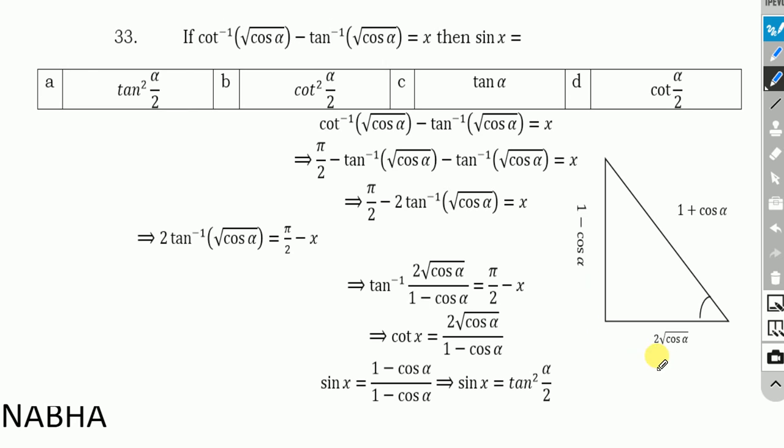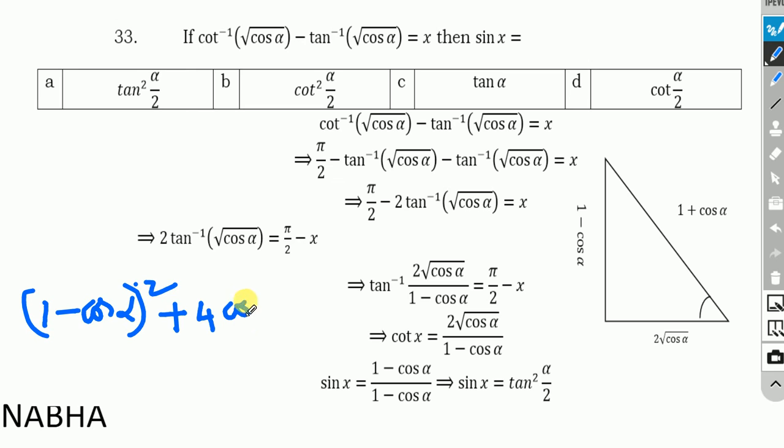So now the hypotenuse will be 1 plus cos alpha, because by Pythagoras theorem, AB square plus BC square will be AC square, that is, hypotenuse square is equal to opposite square plus adjacent square. So let us take 1 minus cos alpha whole square plus 2 root of cos alpha whole square, which is 4 cos alpha,